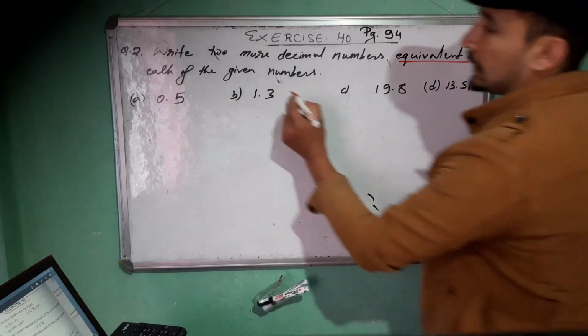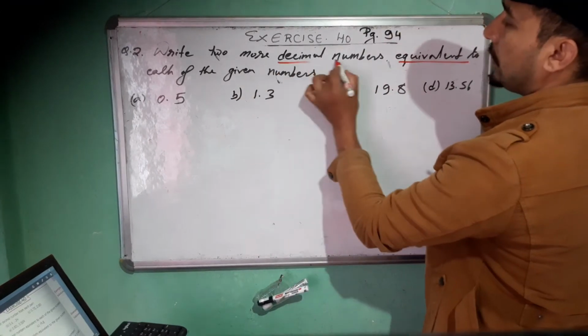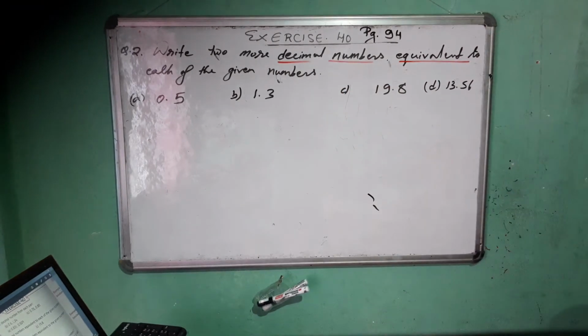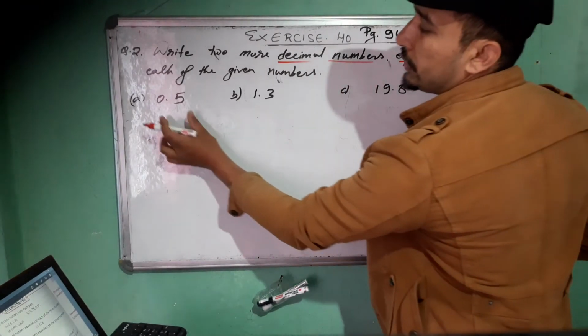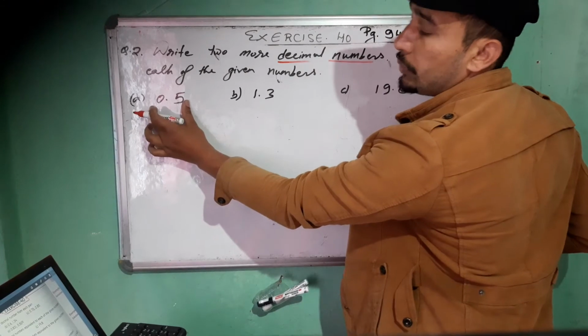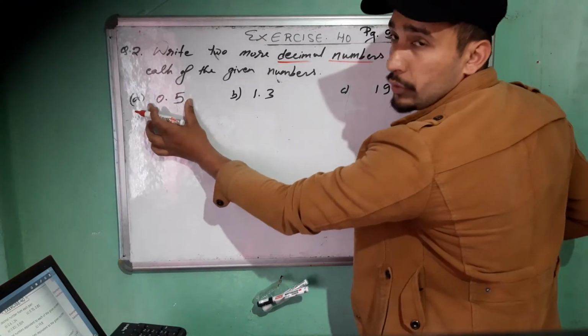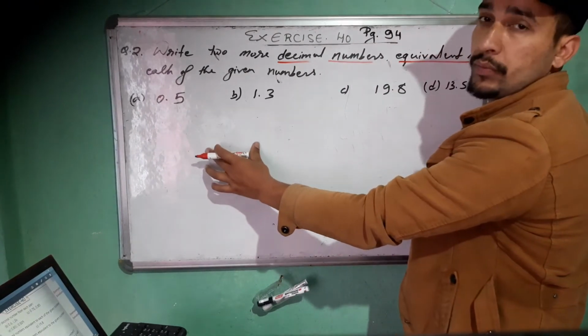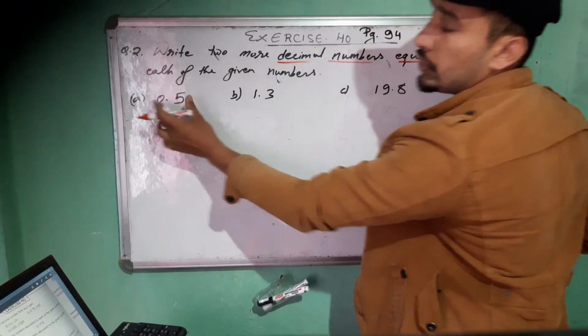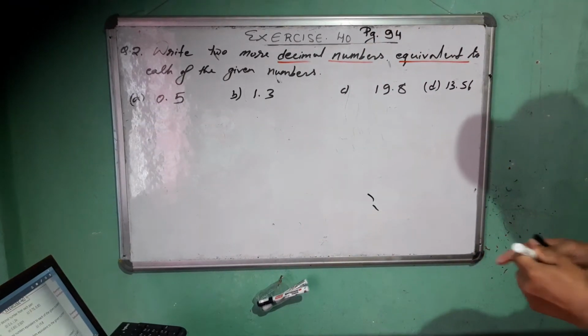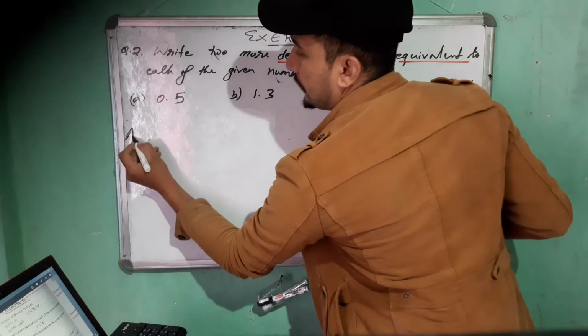Equivalent decimal numbers. Equivalent decimal numbers means the decimal numbers which are equal to this value 0.5. Okay, you have to write 2 decimal numbers which are equal to 0.5. So for this, your answer will be